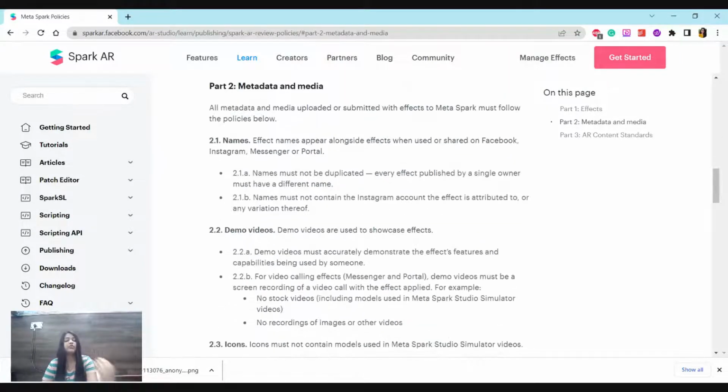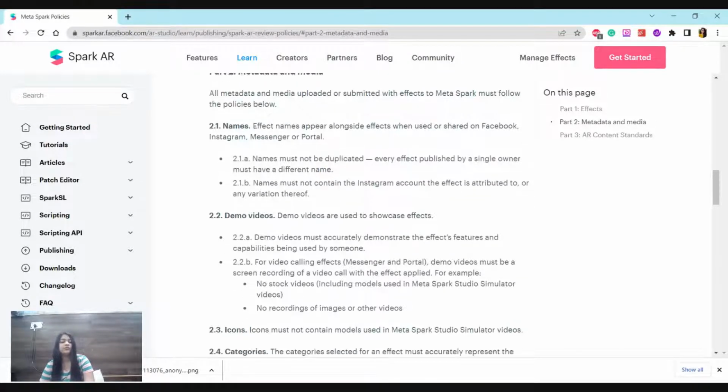And also when you go to part 2 of the policies, you see the metadata and media. There shouldn't be any duplicacy in the name, and names must not contain the Instagram account the effect is attributed to. For example, if you have some XYZ Instagram account username, you can't add that particular username into your effect, because again it is violating